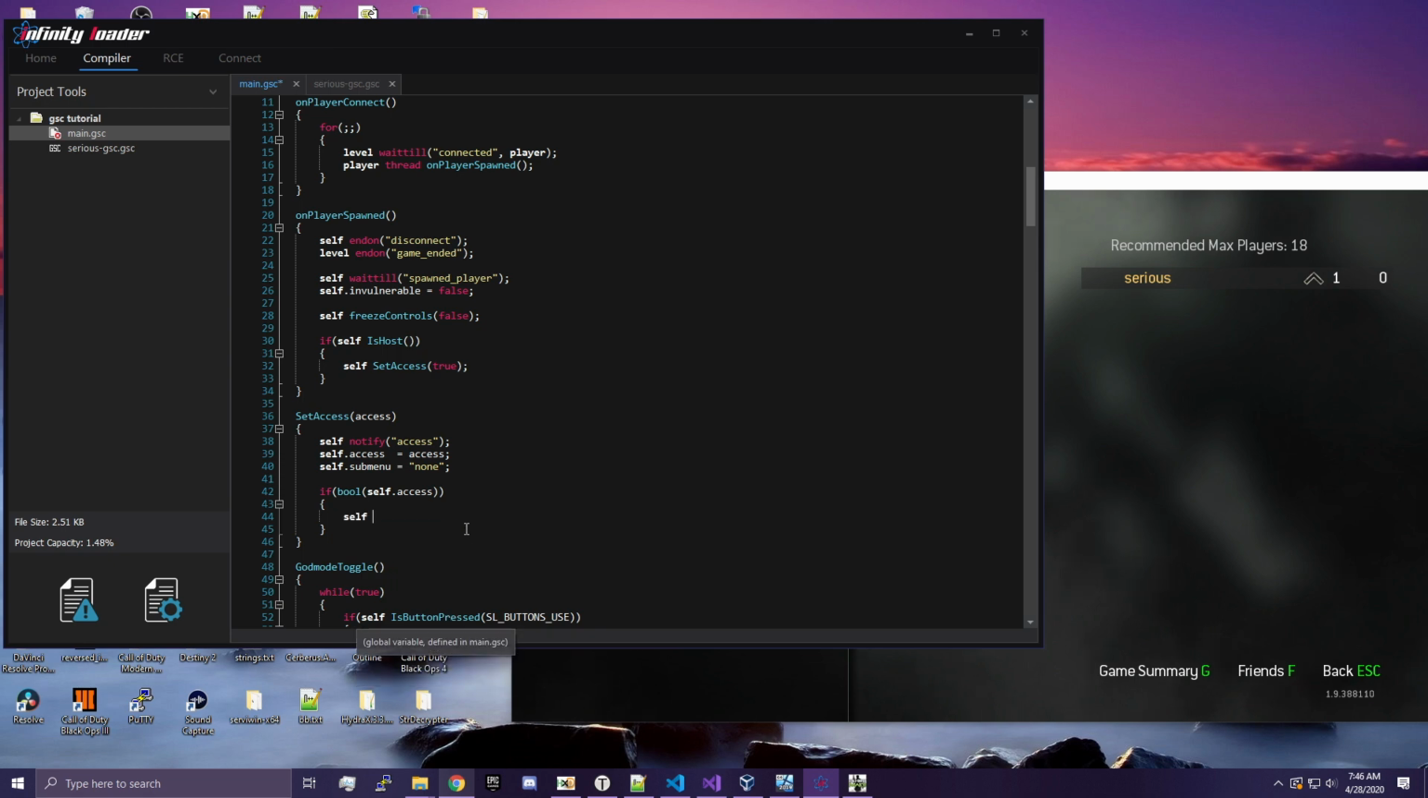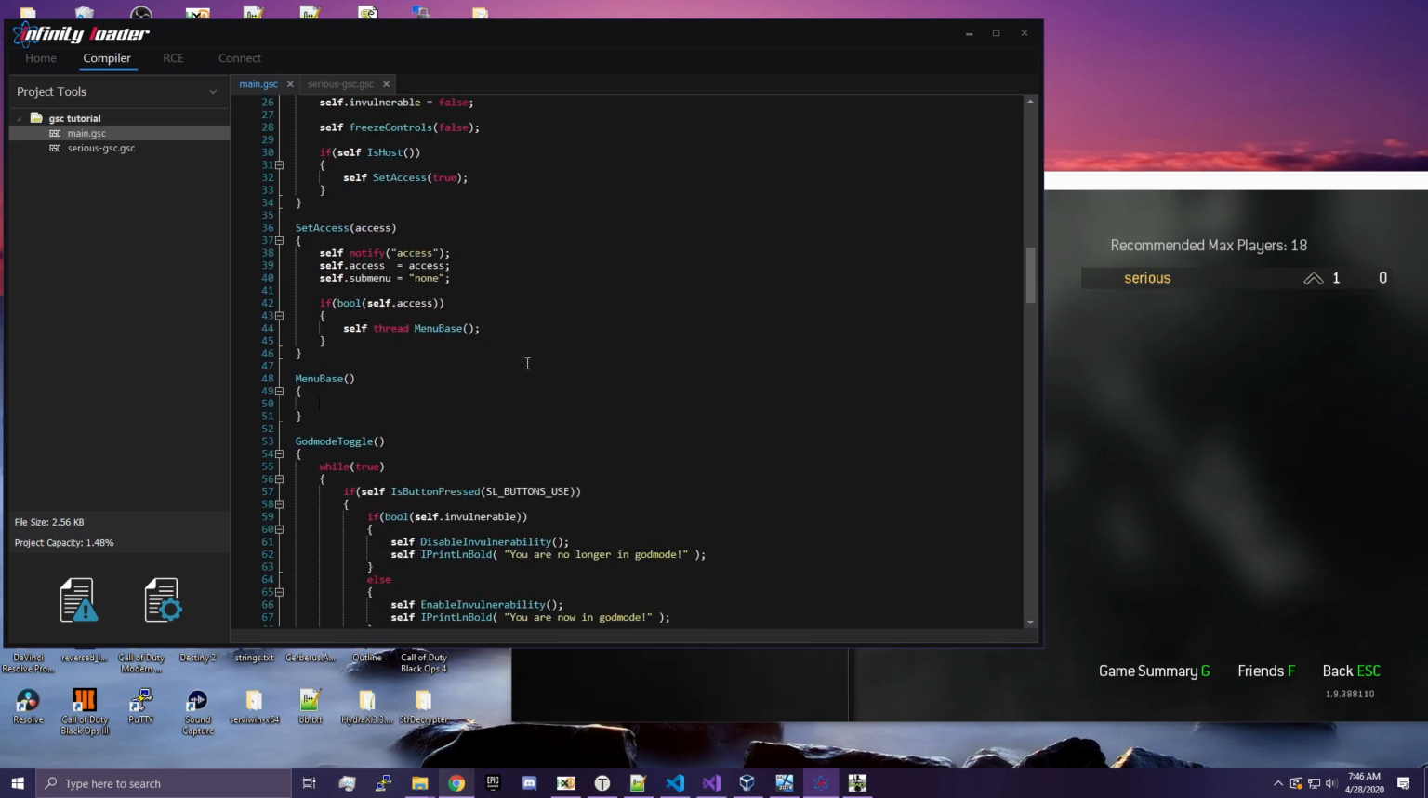And we're going to type self thread menu base. Now, this function doesn't exist right now, so we're going to add that in. Menu base. Add our open and close parentheses. We don't need any parameters this time. And add our open and close brackets. And let's go ahead and add an end on, self, end on, access,